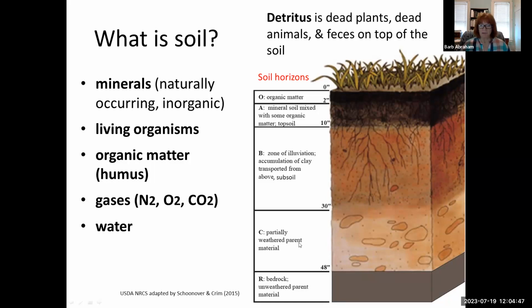And this will differ if, of course, you have a soil that has developed from something that was, say, brought down from a river. So you don't start out with solid rock. You may start out with stream pebbles or whatever. But the important part of this for gardeners, of course, is the organic material in the topsoil and this O layer here. So in really good farming soil, these layers are very deep. And in infertile soil, these layers are smaller.